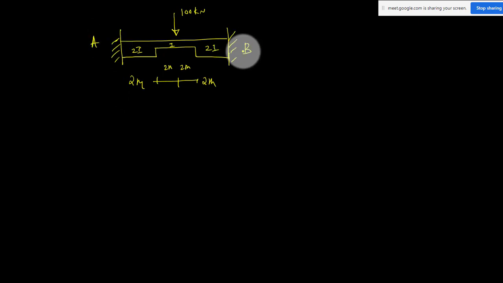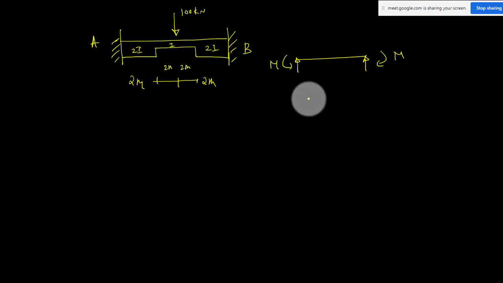Okay, you have to find out your end moments. Okay, fixed end moment. So this again is going to be symmetric. So the free body diagram will be like this. So here I have M. Only difference is here I is not uniform, so you have to draw the M by EI diagram. Only that is the additional thing.